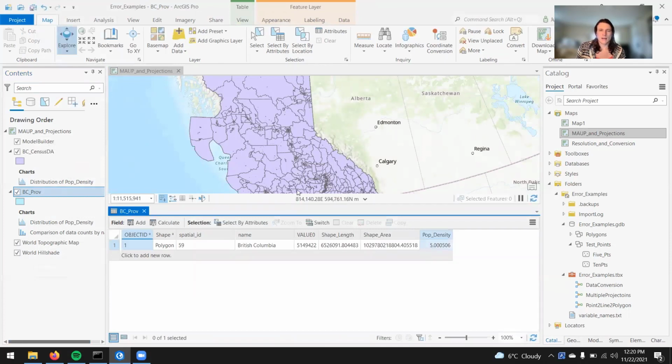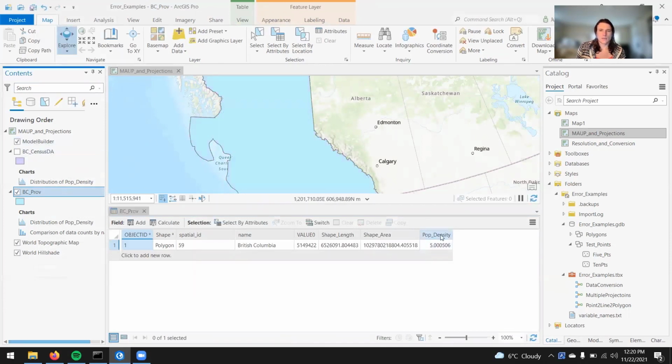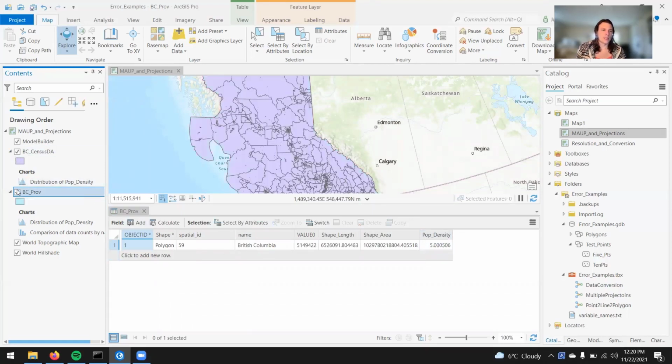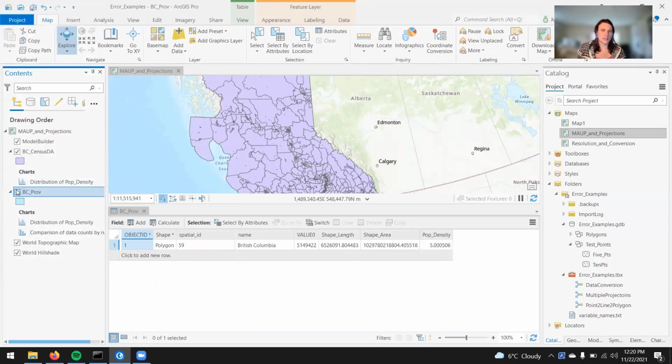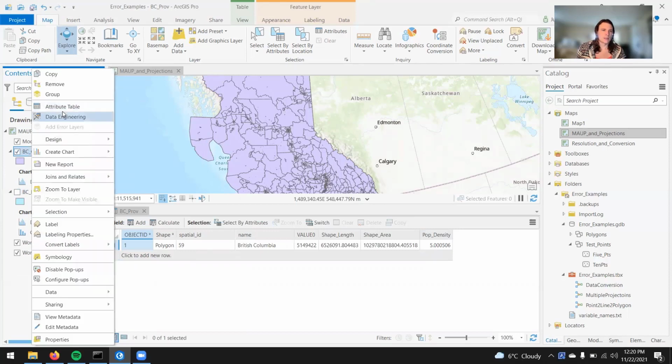So this is the average population density for the full province of British Columbia. It takes the full population and divides it by the area of the full province. And so we get about 5 people per square kilometer. Now, when we look at the census dissemination areas, we open that attribute table,